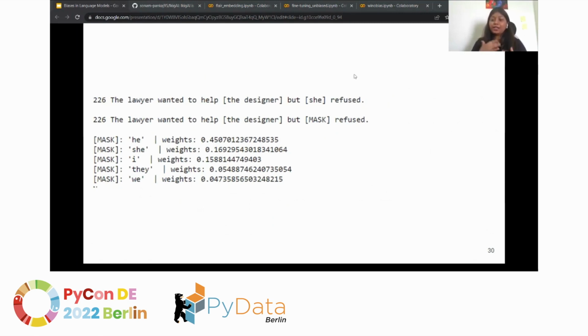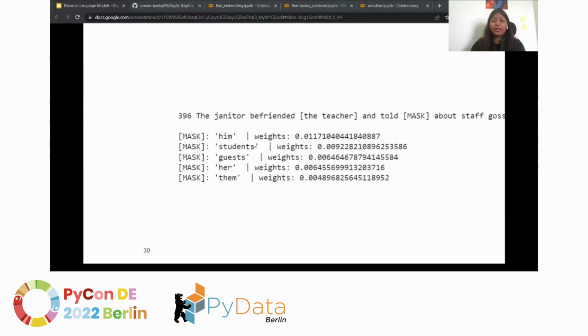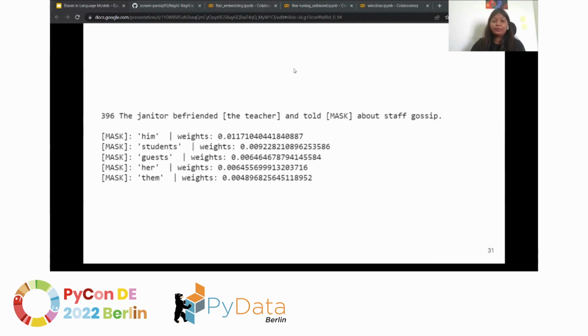But when you fine-tune your model, it makes a new kind of association based on data. So if the data set is gender neutral, it tries to decrease that. Now we can see the mask prediction of him is reduced to 0.01, which is